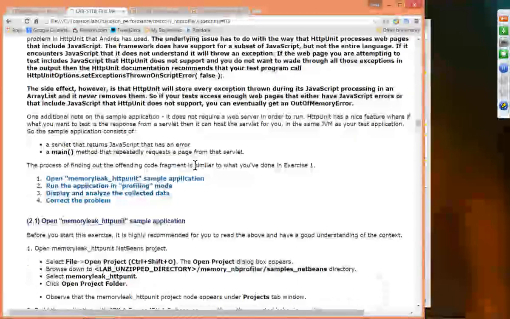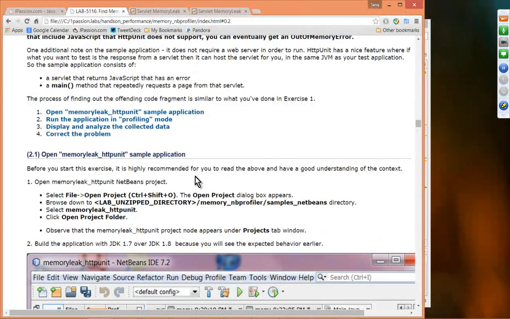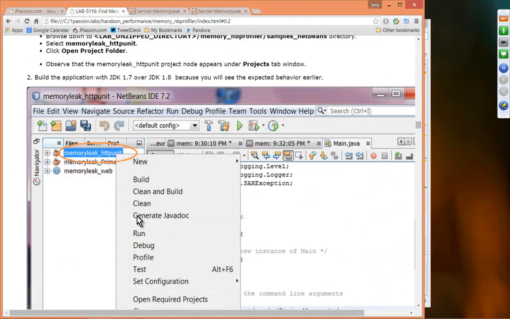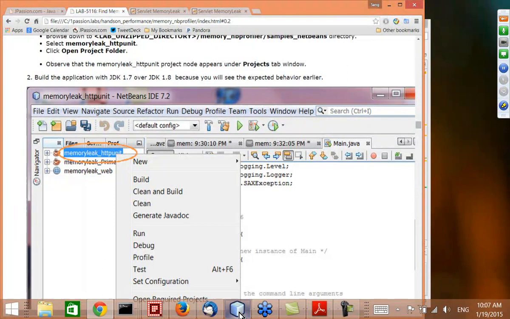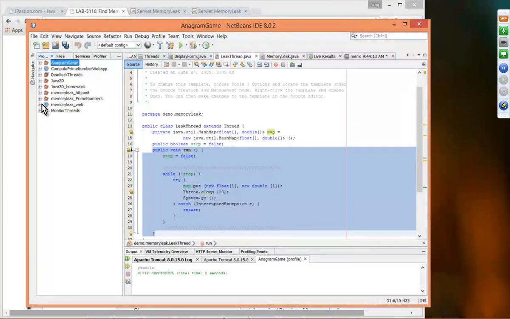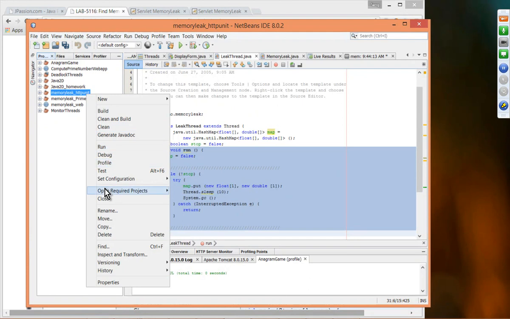So this is a standalone Java application which contains HTTP unit. We are going to run this application, memory leak HTTP unit. I have already opened that application, so this is the one. We are going to just profile